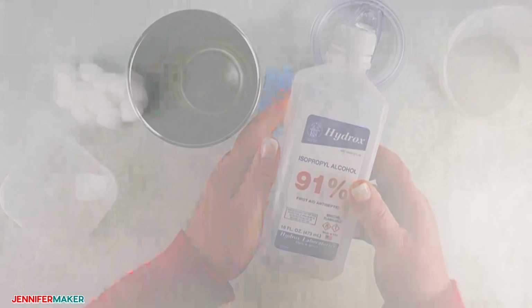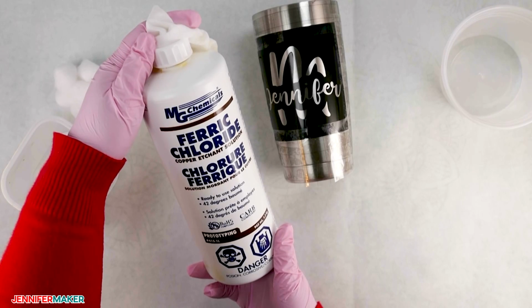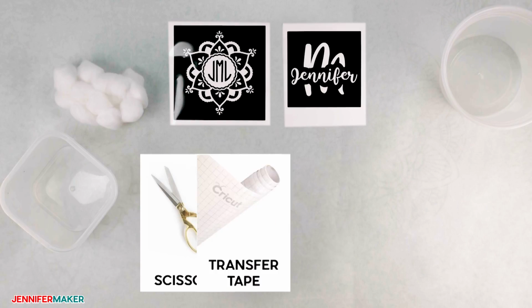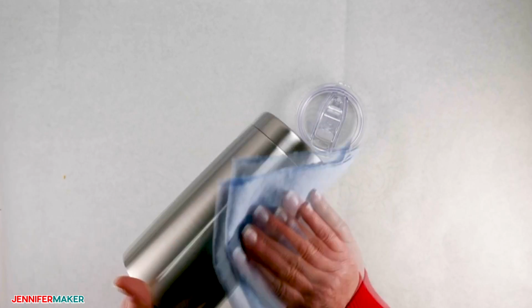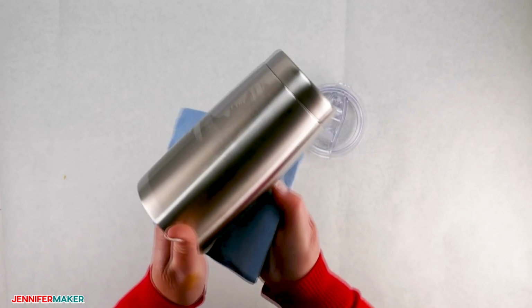You'll also need some cotton balls, 2 disposable bowls, one to throw your used cotton balls or vinyl into, and one that you're going to put baking soda into, some isopropyl alcohol, your vinyl stencils, scissors, your ferric chloride, and some transfer tape. Once you're all set up, start by cleaning your tumbler with isopropyl alcohol to remove any dirt,